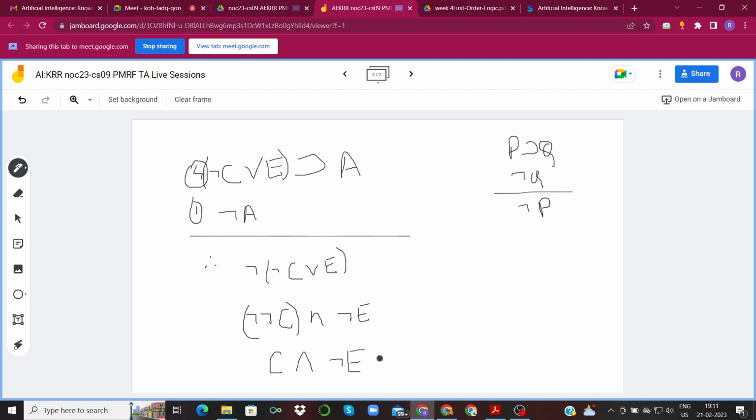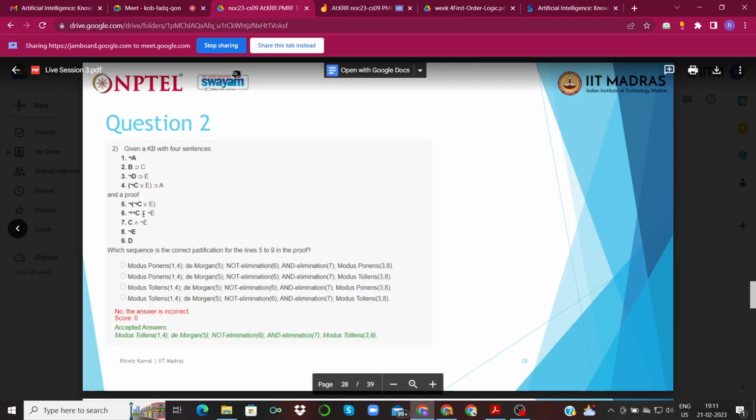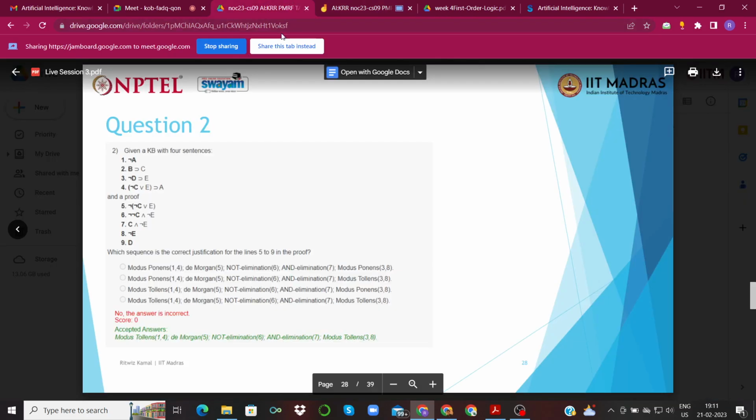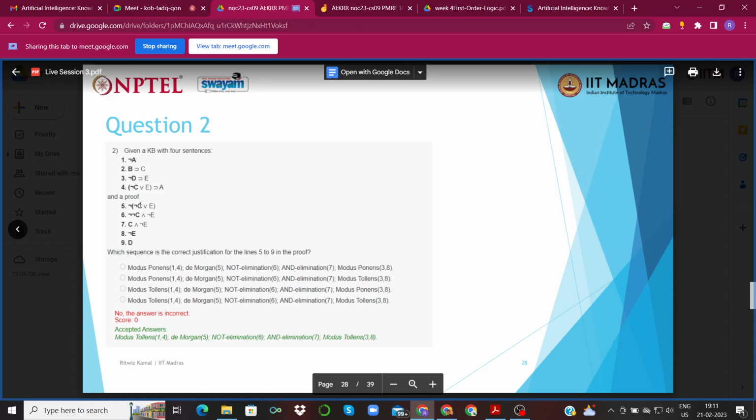So we have this implies we have C and not E, and the third sentence says not D implies E, and we have not E. So using modus tollens, this implies not of D, right? Which basically means D. So we have